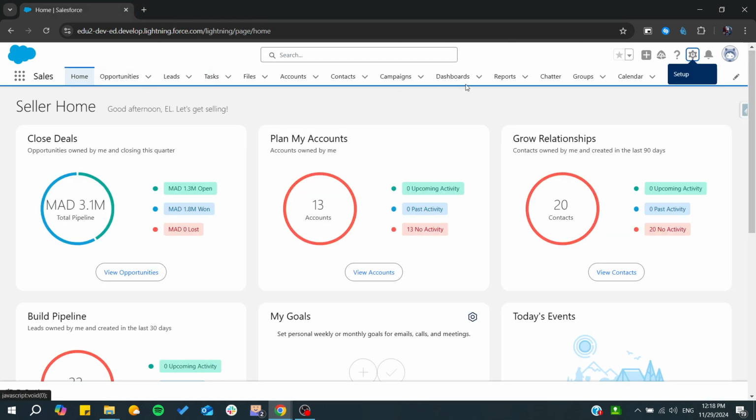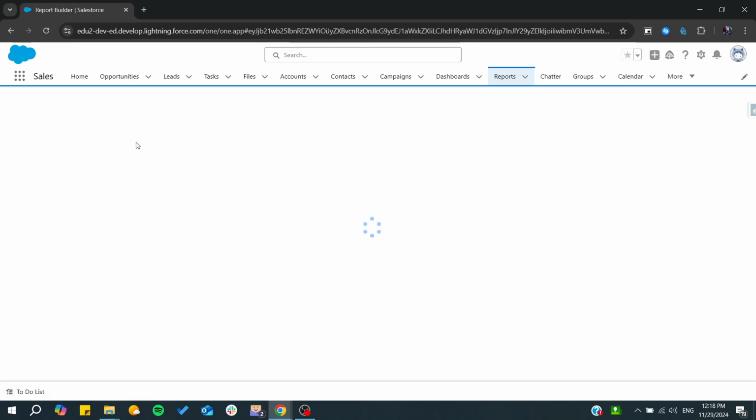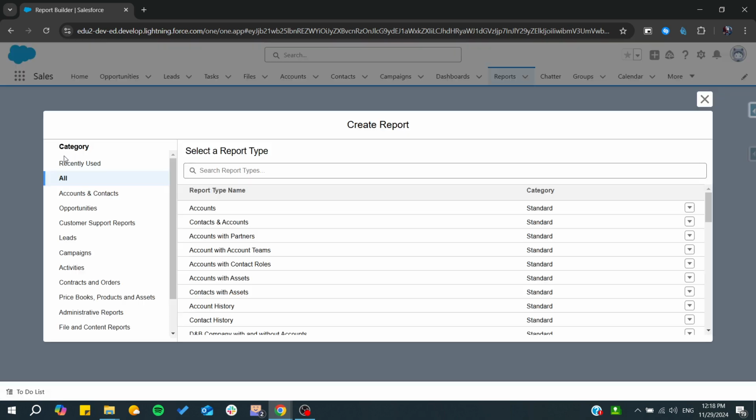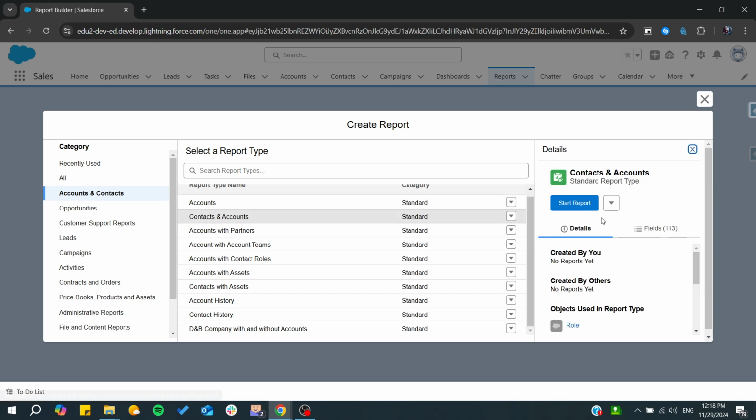Otherwise, you can do it by going to the reports and then you create a new report, and it should include all the contacts. So from here, account and contacts, and we need to search for all the contacts. I'm just going to choose contacts and accounts, and then we will need to start a report,